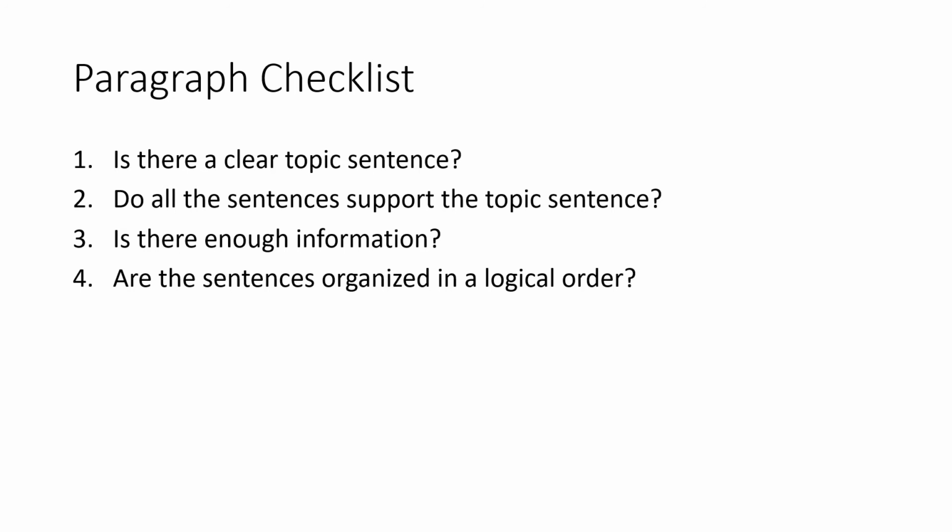So in order to have a clear paragraph that's worthy of a band 7 or above, we must have a clear topic sentence, and all the sentences must support the topic sentence. We may not include information that does not support the topic sentence. So additional information that does not support the topic sentence of that paragraph should not be included. Okay? There should be enough information, so examples of how or why our topic sentence is true, a logical organization